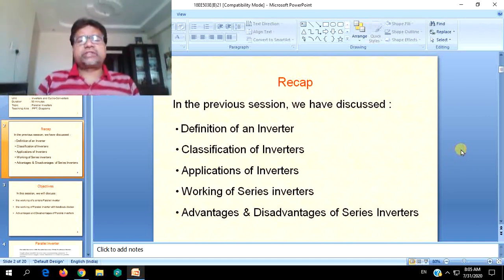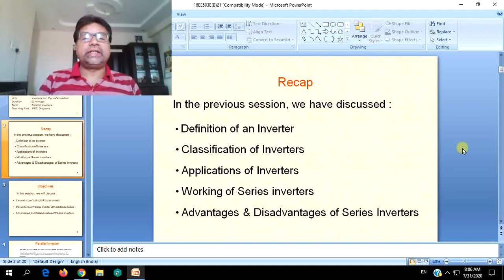And now we extend our discussion to the next type, the next simplest type after the series, which are parallel inverters. In this session we will be discussing the working of parallel inverters, particularly with resistive load, and also we will try to extend our discussion to understand the working of the parallel inverters deeply